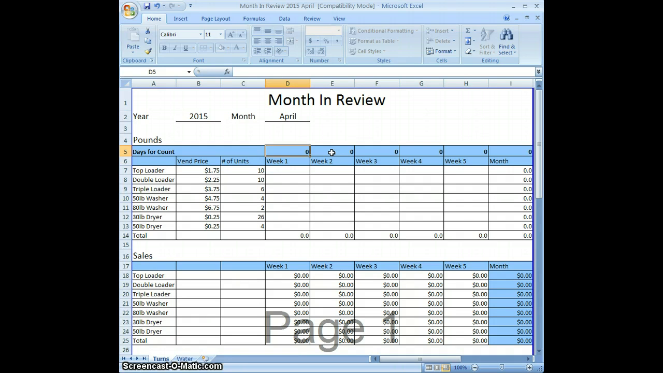So first thing we want to do is figure out how many days it's been since our last count. So when was our last pull? It was 7 days ago. So I'm going to enter 7 here, and I'm going to go right down to our top loaders. So for week 1, in our pull, we had 15 pounds in quarters. Our double loaders, we had 16 pounds. Our triple loaders,